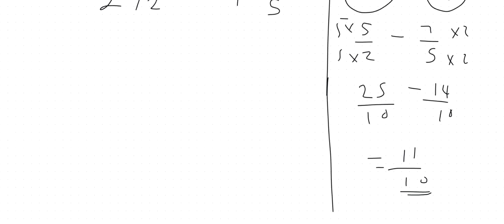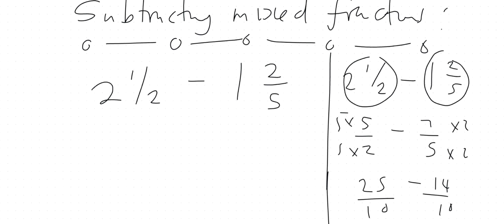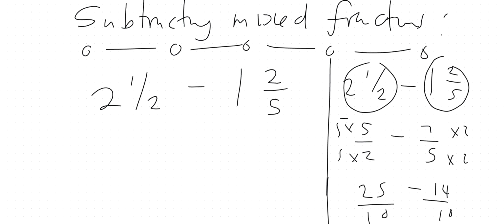I want to make math easy. So what do I do? I start with the whole parts. You see there's 2 here and there's 1. The mixed fraction is made of the whole part and the fraction part. So I start with the whole part. Then I subtract, 2 minus 1 is 1. Then on the fraction part,